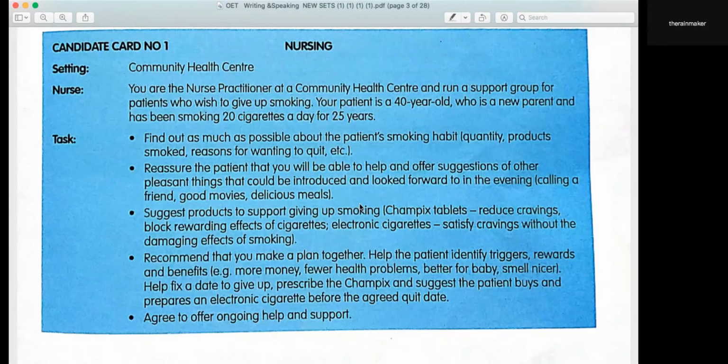So that's a card. Like I've said, 3 minutes already over for the preparation of the card. First of all, you need to determine whether the patient is known or unknown, right? The patient comes for the first time, it seems. So it's an unknown patient. So you can ask for the introduction of the patient, and also you can introduce yourself to the patient. That's the beginning part. Now, you should also think of the chit chat part.